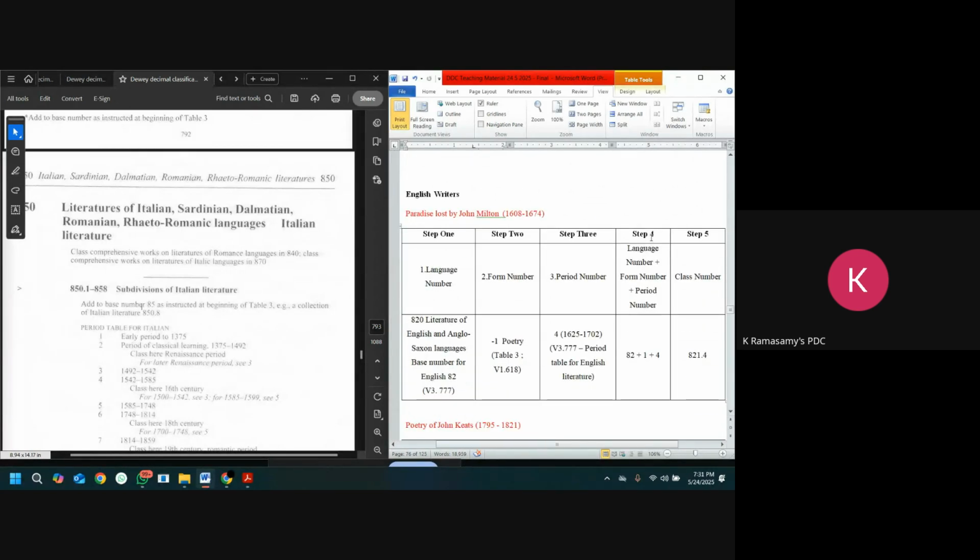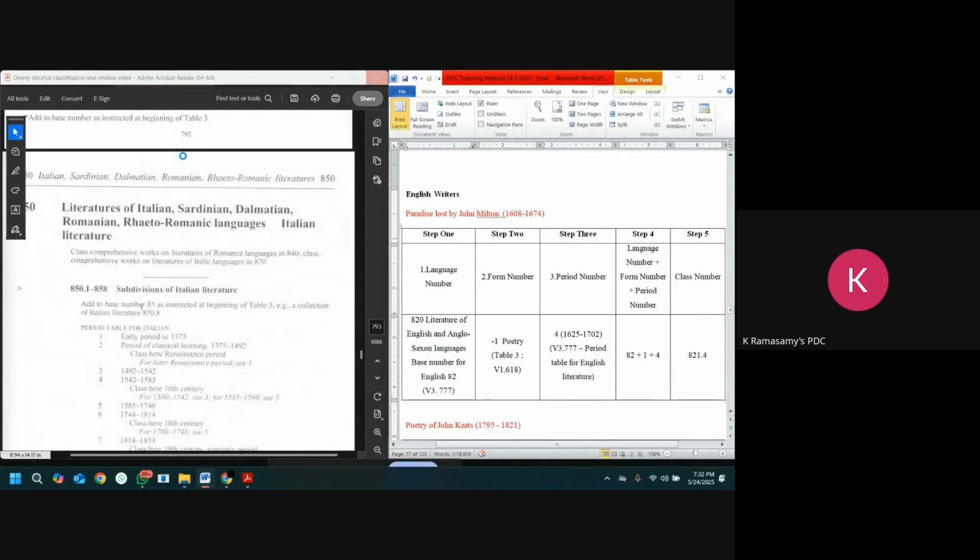I'll give a small example to make you understand. Paradise Lost, written by John Milton. This is a period. Okay, so you know very well John Milton is a British literature person. Paradise Lost is a poem. Okay, so it's English literature. What is the base number for English literature? 82. 820 is English literature. But when you're going to coin a number, the base number becomes 82. Fine. What is the base number for poetry? You need to find out what the base number for poetry is. Where to take it? You should take it from